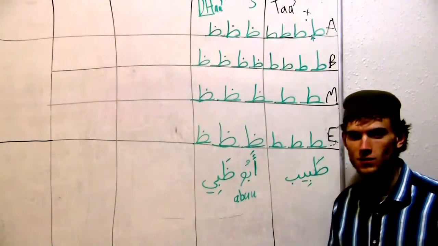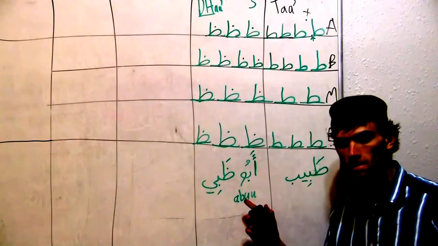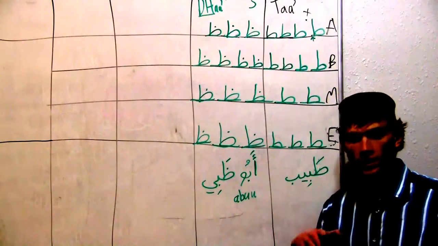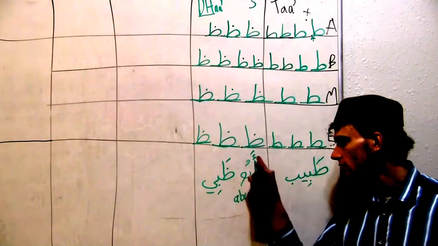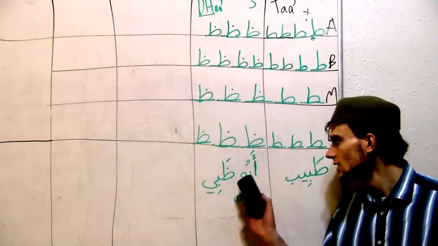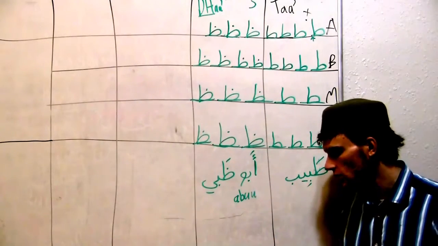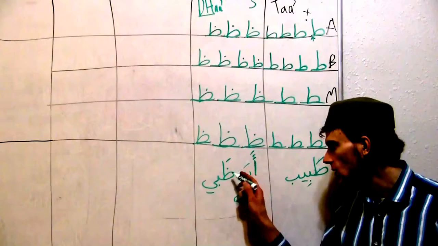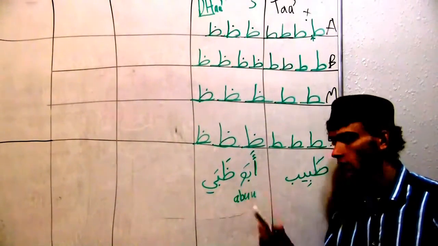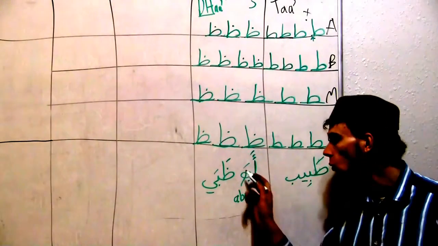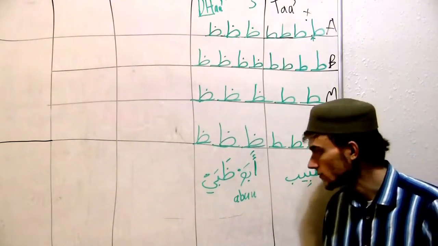It's just a double u, not a W, but a double u. It's just what? Right, exactly. Identifying that it's a vowel as well. It's showing that this is all the same sound that comes after it, right? Because essentially if we didn't put the dhamma or the kasra there, then it could be abau, dhabay, in which case the ya and the waw would both be consonants. Aw and ay. Right, with sukoons over them. Good point.